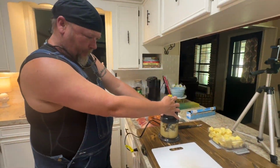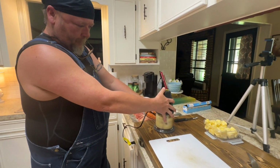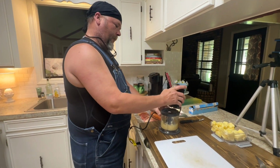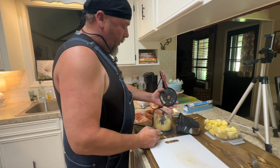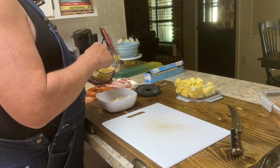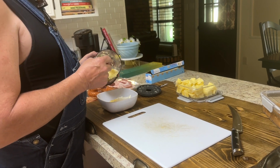Y'all, I turned him loose with my Ninja. We just cut up a fresh pineapple, and he's trying to pulverize it. It's like I need it right there, just pulverized. Okay, what you doing now, bud? All right, well, I just got through pulverizing